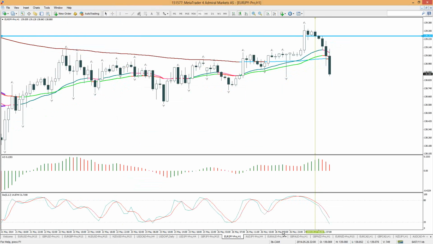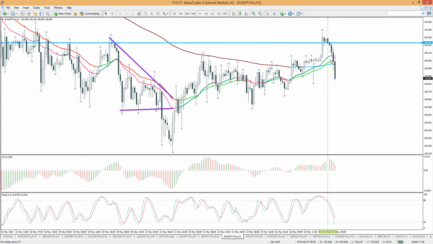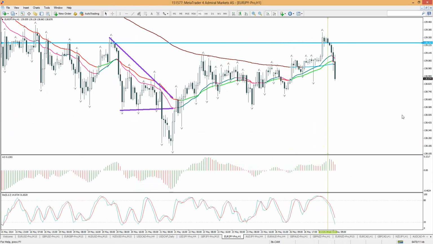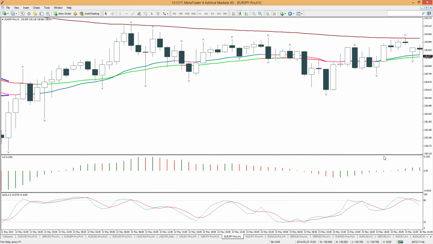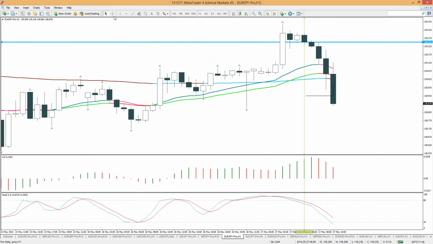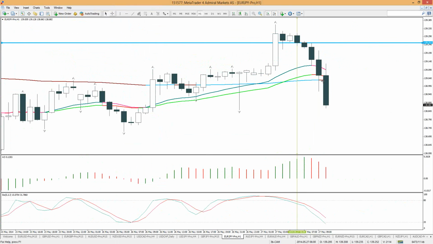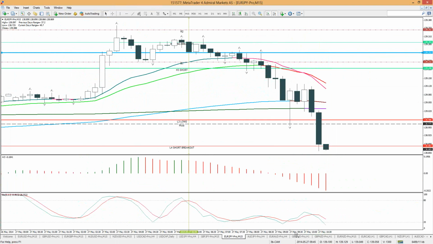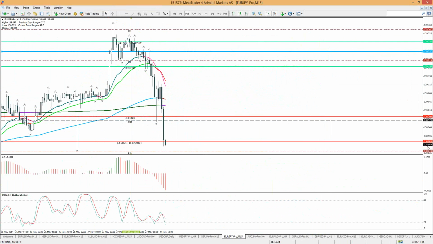Now, one thing is that we didn't necessarily have divergence, so that was a pity, but sometimes that's not necessary. We did have divergence between these tops, though, on the AO. You can see that divergence is kicking in very strongly in the EJ, making nice lower lows and lower highs on this hourly chart. If I were in that short, I would probably trail stop it, personally. But if you're looking for TP as well,